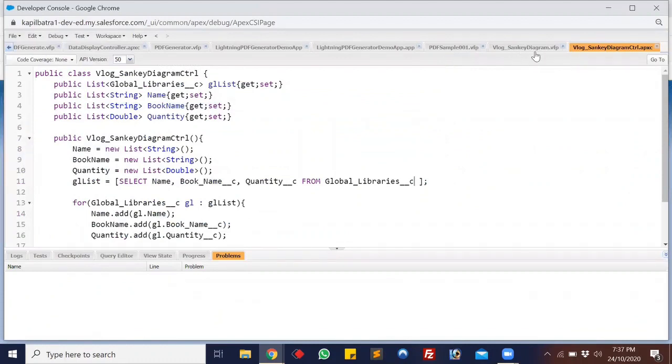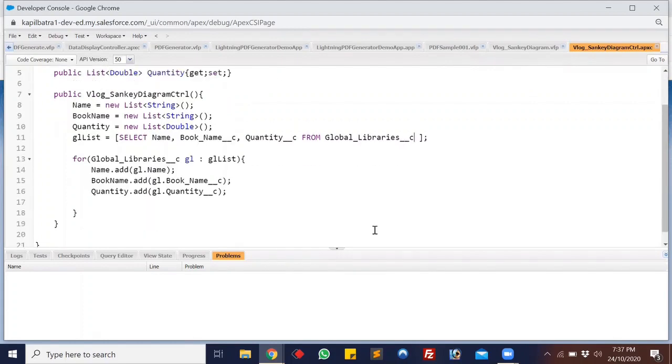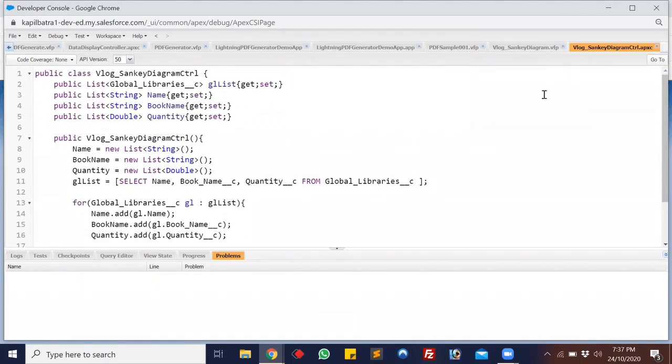Okay guys, so I have already created a Visualforce page and Apex class just to make the functionality easy, as I don't want to take long in this video. So let me just show you the Apex class first. So guys, in this Apex class, I'm having a list of my object. I'm having a list of global libraries, and underneath that, as you can see, I'm having a list of field names as well, because we'll be sending separate field names into the Apex code, because in Apex we are using JavaScript. So according to me, this is the best way to transfer the data from Apex to JavaScript, because we will be creating a loop there to add rows in that particular chart.